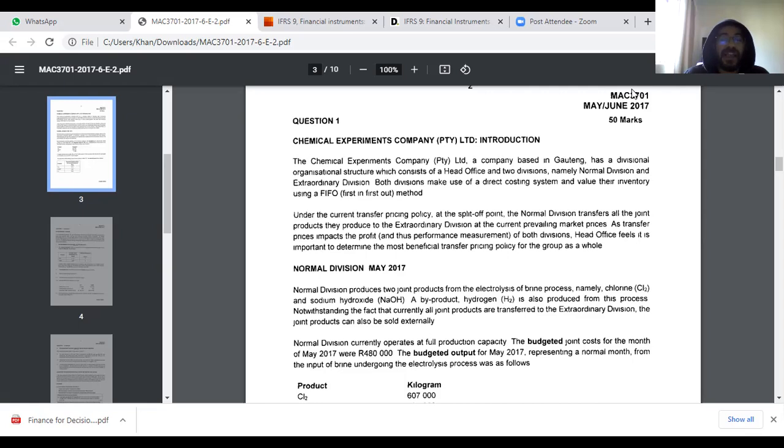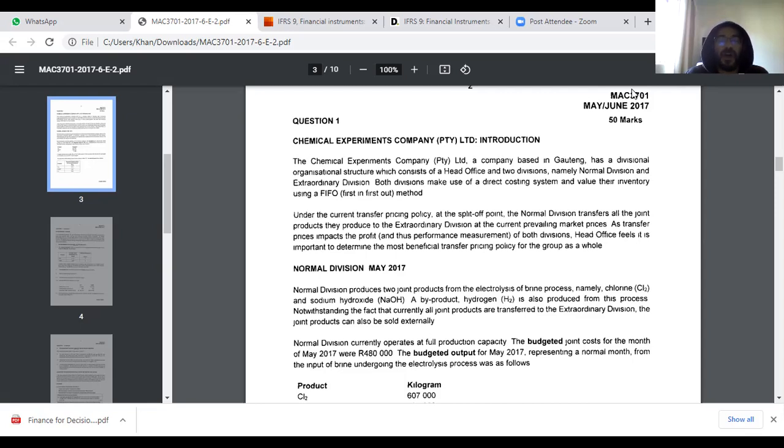In this scenario, they're telling you what are the byproducts and what are the joint products. So you can see there are three products. Out of the three products, two are joint products and one is a byproduct. What you must know, in other cases, you may have to determine which product is joint, which product is a by